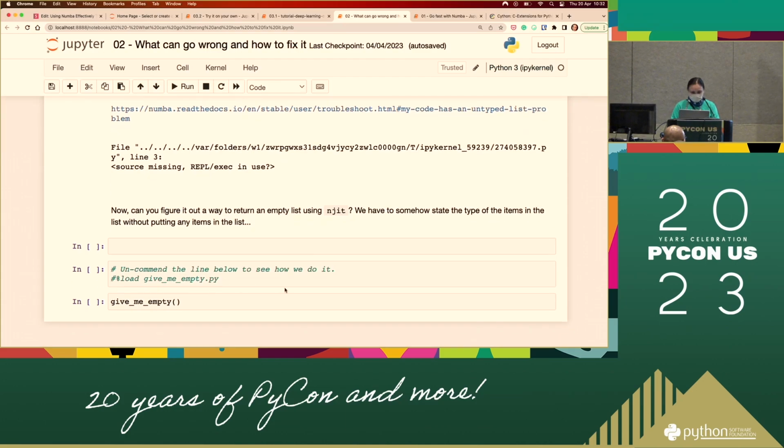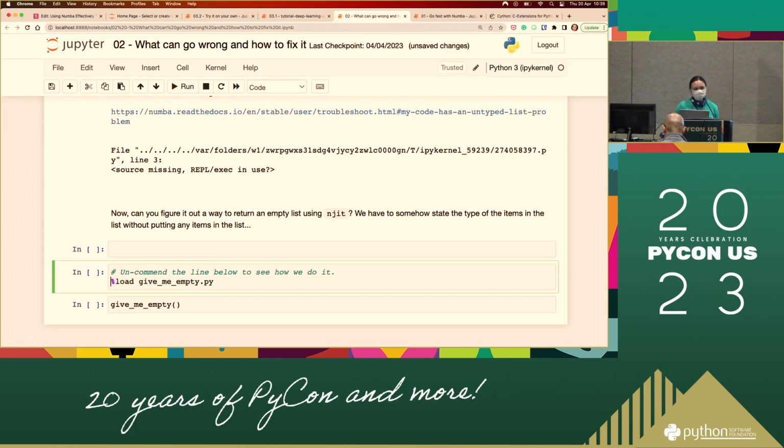This is a very, very difficult question, but how can you create an empty list and still tell Numba what type it is, for example, integer? This is a fun exercise. Don't worry if you can't, because I already have the answer somewhere. You can load it and check it yourself, but I would give you maybe 5 minutes to try it first. It's really something where you would get an aha when you see the answer, but give it a try. See if your idea will work. I'll give you 5 minutes to try it. Who is confident that they have got it?